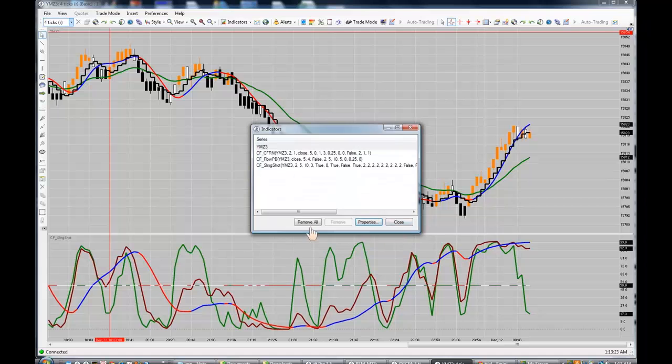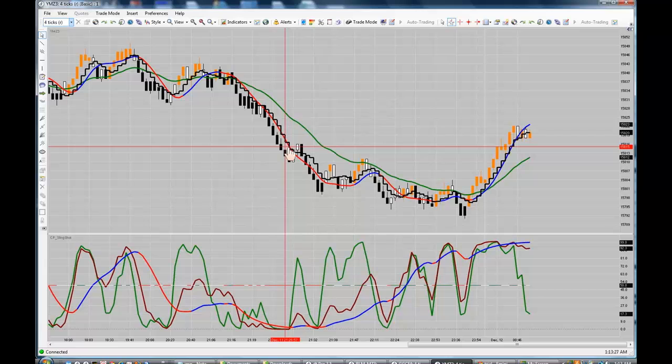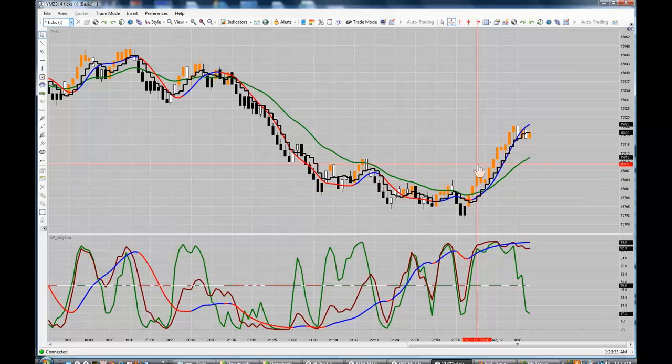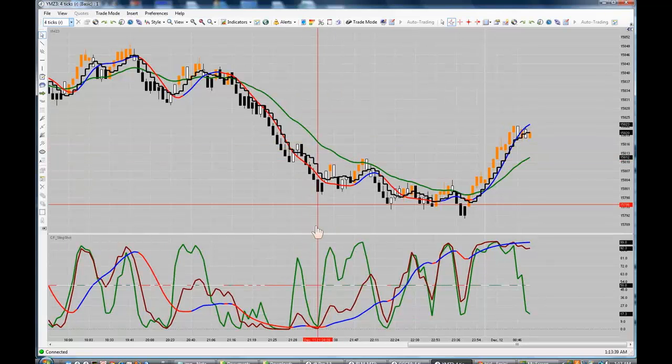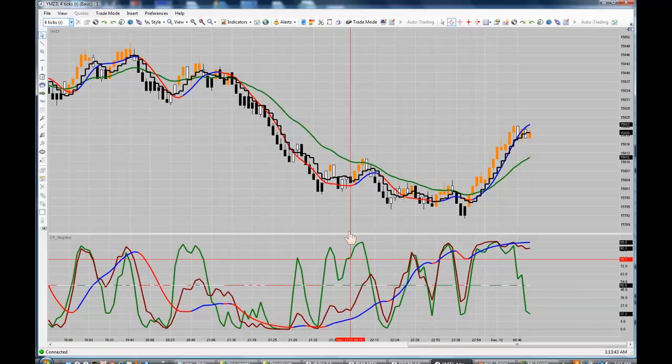Okay, that's it. And hit close, and now you can see the white bars are transition bars. The black bars and the orange bars, they have meaning. On the Flow PB, what it means is if you have a black bar, it means between the 3 lines up here and the 3 lines down here, at least 4 of those lines are going down. If you have an orange bar, between the 3 lines up here and the 3 lines down here, between the